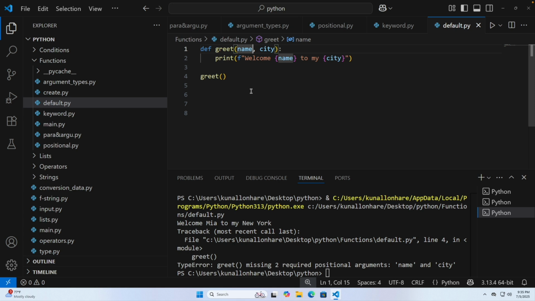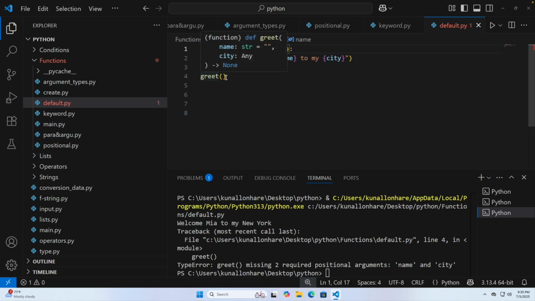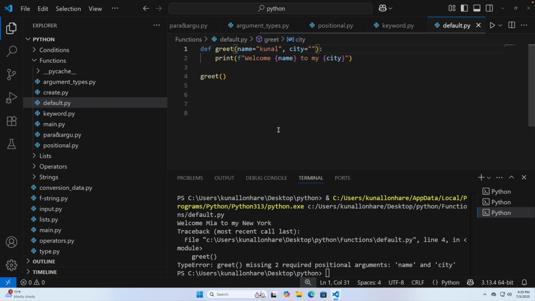This could be a possibility. So just for the safe side, we define the default value at the top only. For example, if someone forgets to put the argument here, in such a case, just for the safe side, so that it shouldn't go empty, instead of that we generally put one default argument. Let's say I want to set the default argument as Kunal, and city, let's say New York,